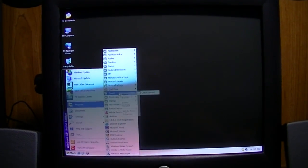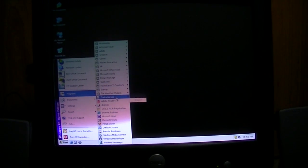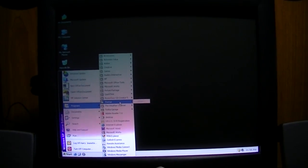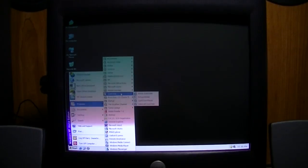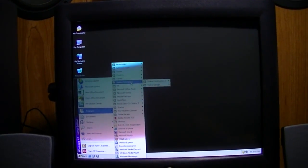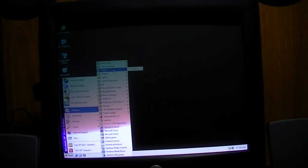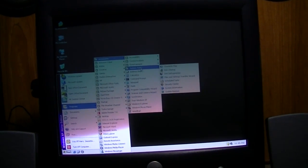Qwest Quick Connect, that means this had DSL on it at some point. Well, it couldn't have because that doesn't have an Ethernet card in it. Probably they might have Qwest dial-up, probably would be my guess. I don't see any original Dell software on here, which isn't necessarily a bad thing, but